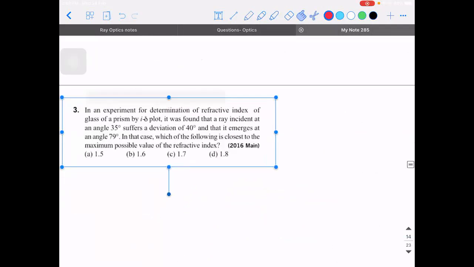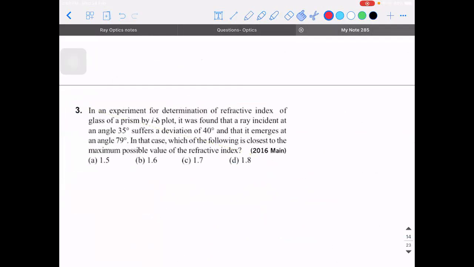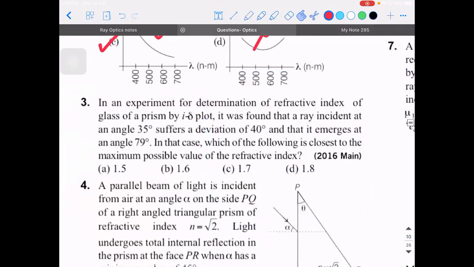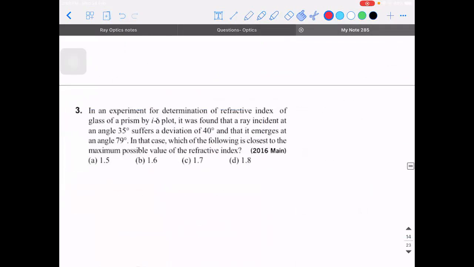Let's see the next one. In an experiment for determination of refractive index of a glass prism, by I delta plot, for an I delta plot, it was found that the ray incident at an angle 35 degrees suffers a deviation of 40 degrees and it emerges at an angle of 79 degrees. In that case, which of the following is closest to the maximum possible value of the refractive index? Mu is equal to